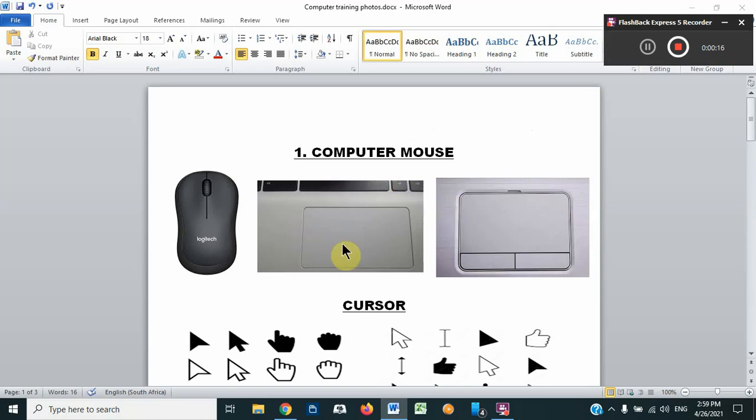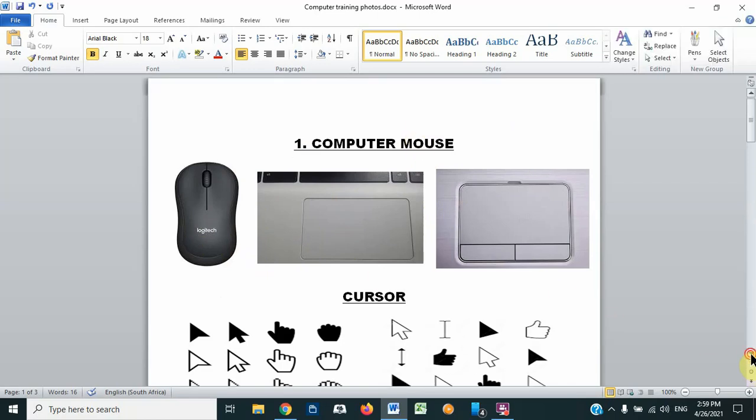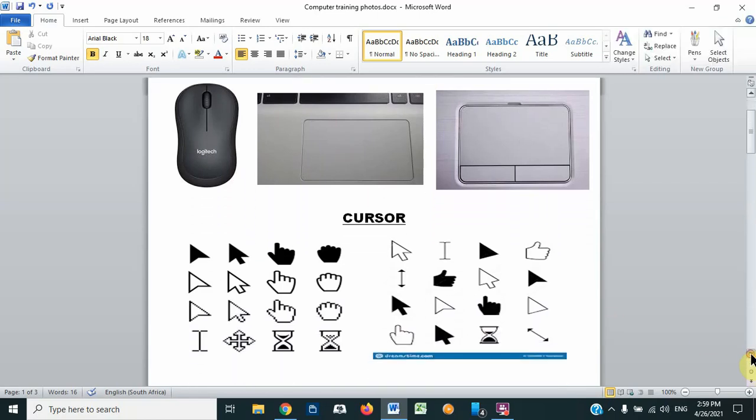Computer mouse. It's one of the components of a PC or a computer that you have to know how to use very well. So the mouse controls what you call the cursor. So you see on my screen, this arrow here is what we call the cursor. So we have different shapes of a cursor. So just over here, you see we have different shapes. So your computer might use one of these symbols as a cursor, and the cursor is controlled by the mouse,